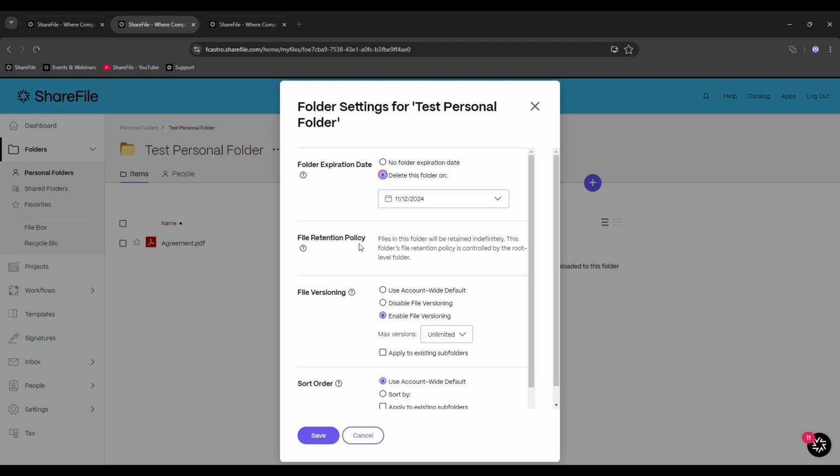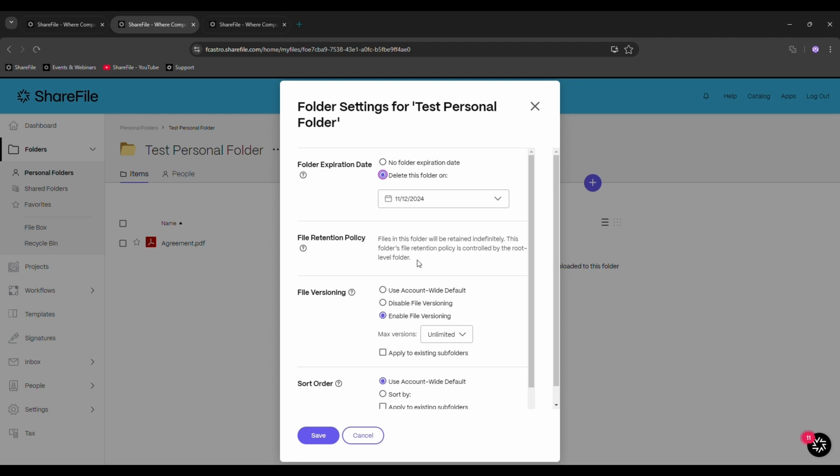File retention policy is a policy that you can set for the whole account as an admin, or your users can set for their specific folders as well, where they will keep the files up to a certain date.